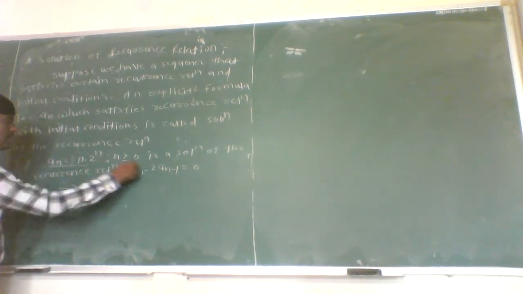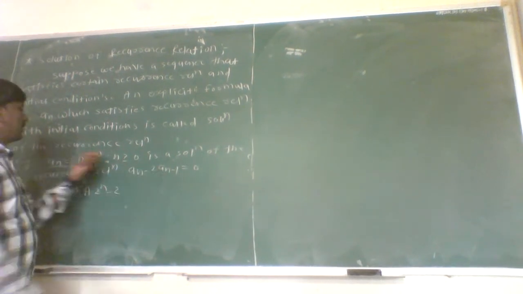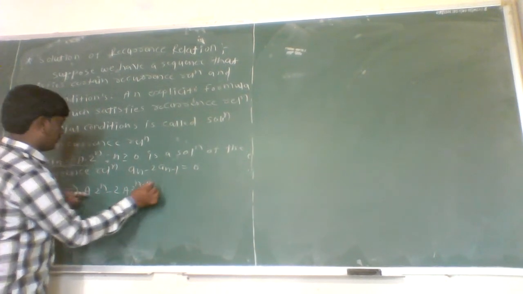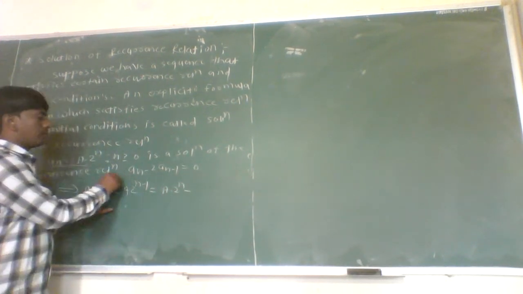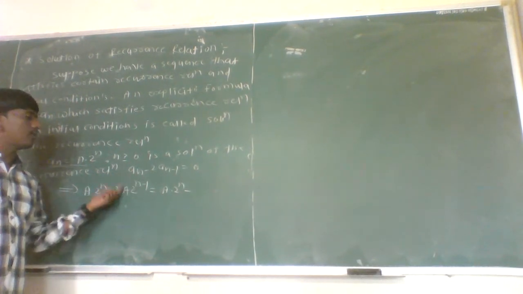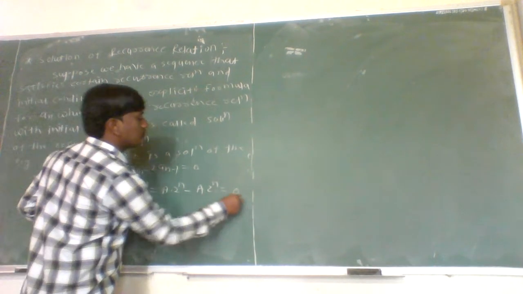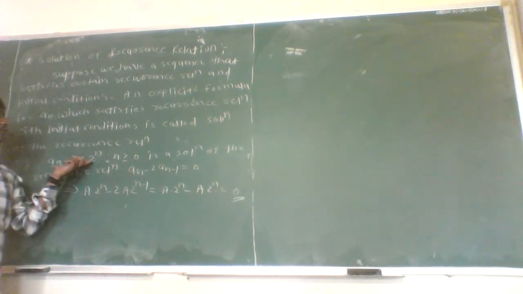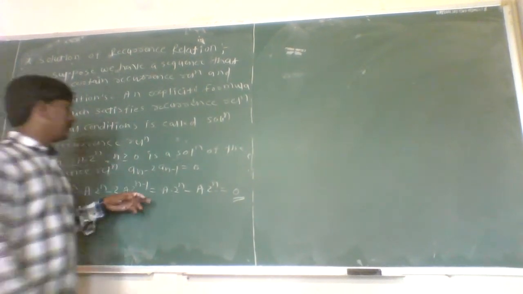We get a_n is nothing but a times 2 to the power n minus 2 times a_(n-1). a_(n-1) by definition of a_n is nothing but a times 2 to the power n minus 1, which is equal to a times 2 to the power n minus 2 to the power 1 plus 2 to the power n minus 1. 2 to the power 1 into 2 to the power n minus 1 is nothing but 2 to the power 1 plus n minus 1, which is nothing but 2 raised to n again, which is nothing but a times 2 raised to n, and which is equal to 0. Therefore, the explicit formula, that is a_n equal to a times 2 to the power n, is a solution of the given recurrence relation, since it satisfies the given relation. Hence,